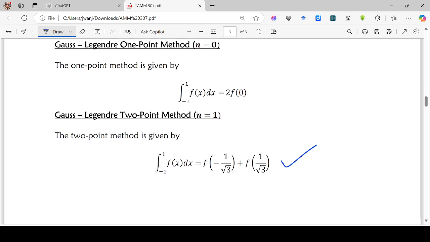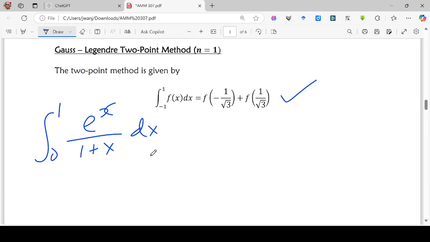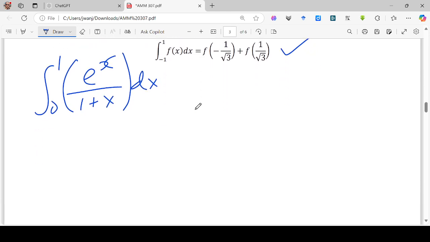So I want to evaluate an integral, and we take an example. The example we are going to have is the integral from 0 to 1 of e raised to power x divided by 1 plus x dx. That is our function, but the problem is that the limits of integration are 0 to 1, while as per the methods, the lower limit is -1. So we are going to start by transforming the limits of integration to 1 and